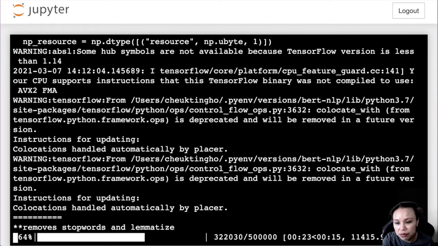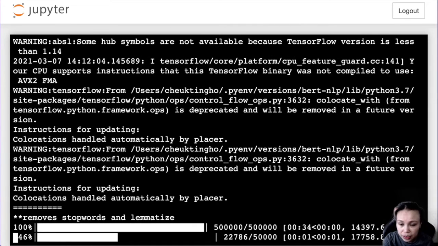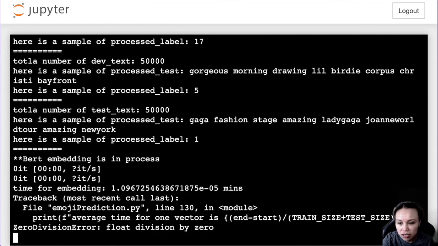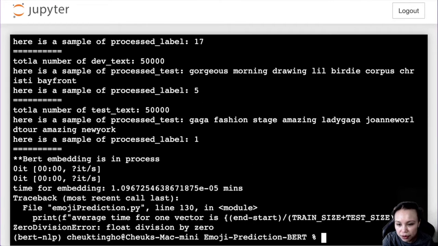Every time we do the cleaning, the stopword removal and lemmatization for all of them at once, but it doesn't take so long. It's like 20-something seconds, so it's fine. You can also change how you want to lemmatize or clean it. I'm not doing any batch embedding now.